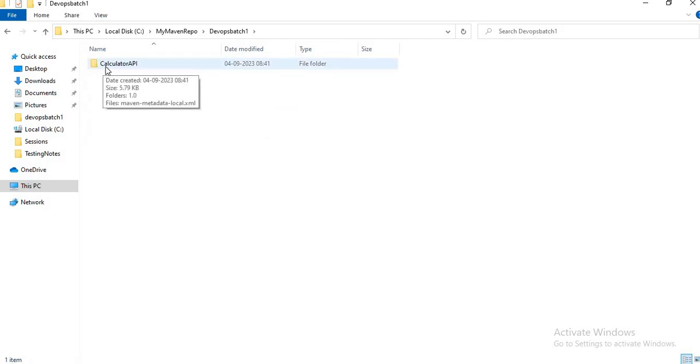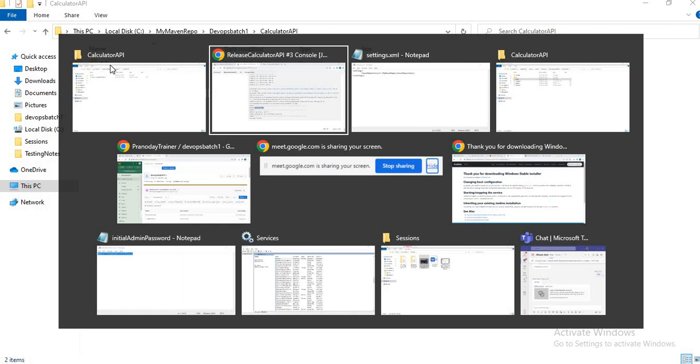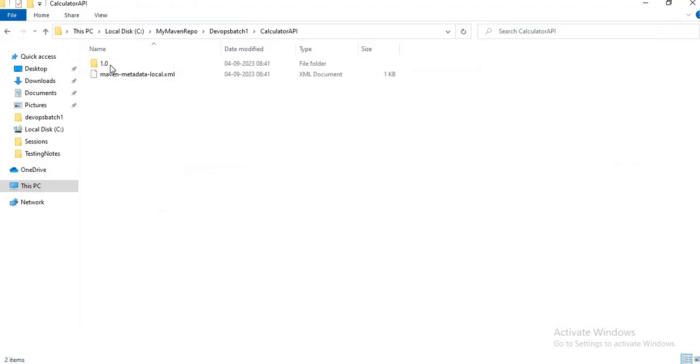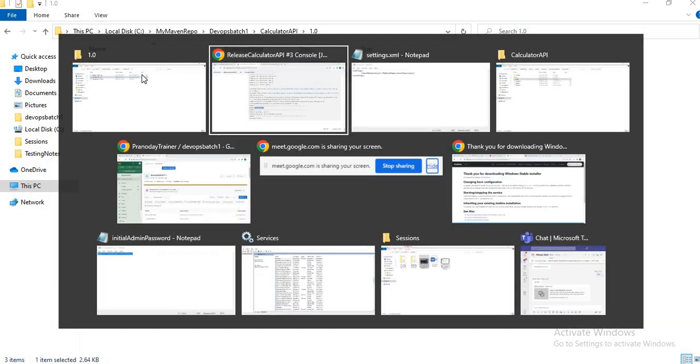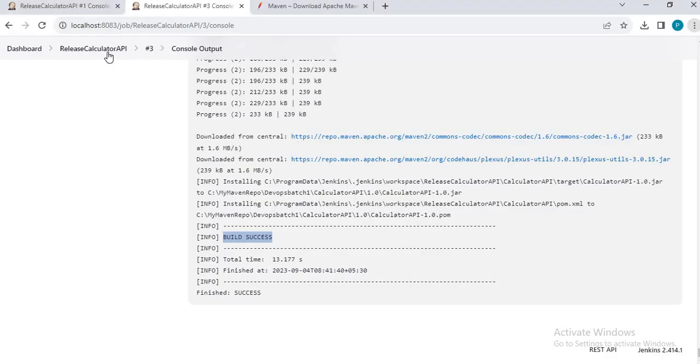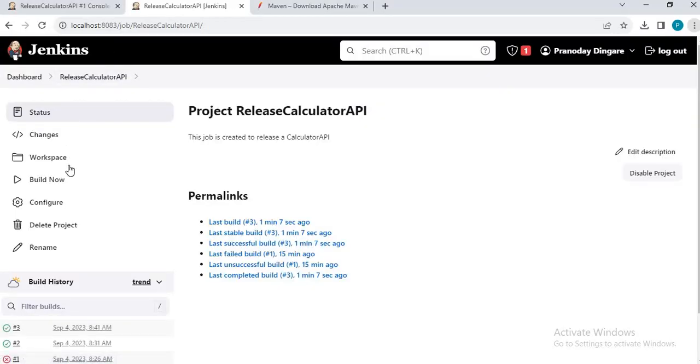So the folder has been created with that name. Inside that, version 1.0 is what we are releasing. And then inside that we have our jar file.